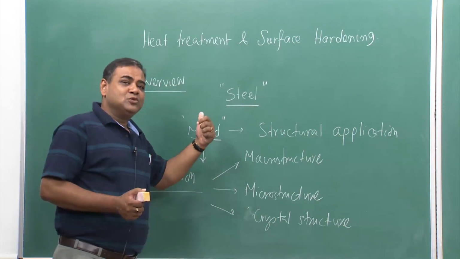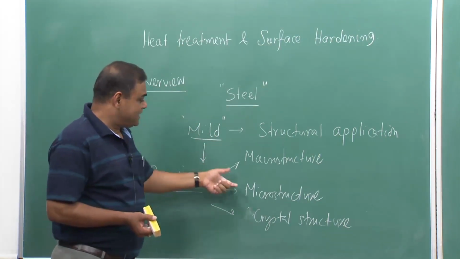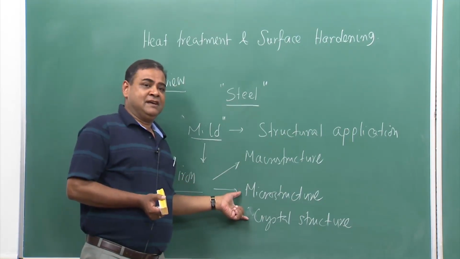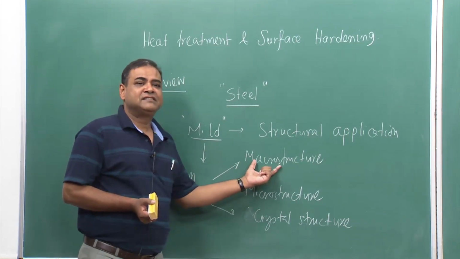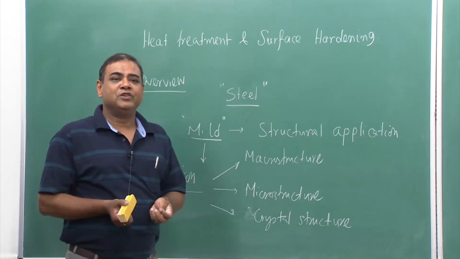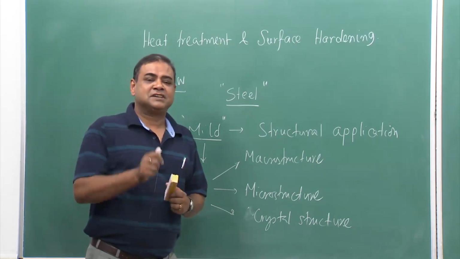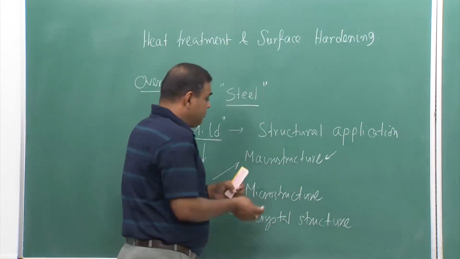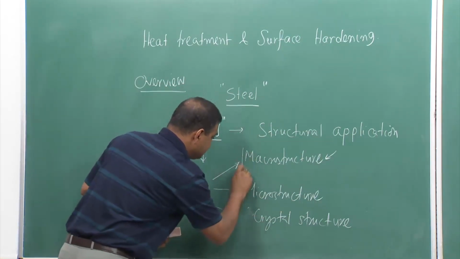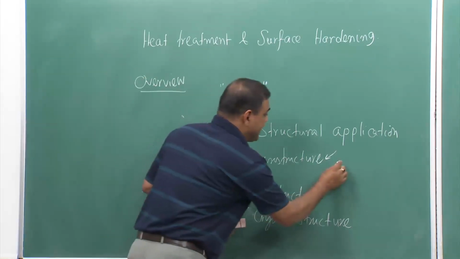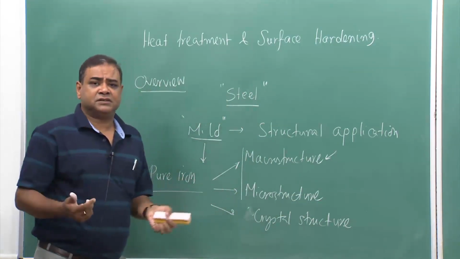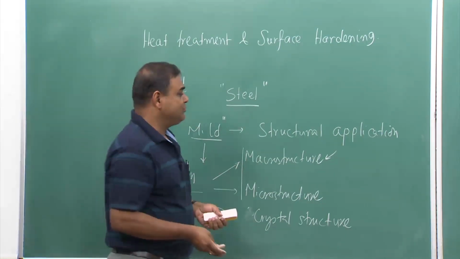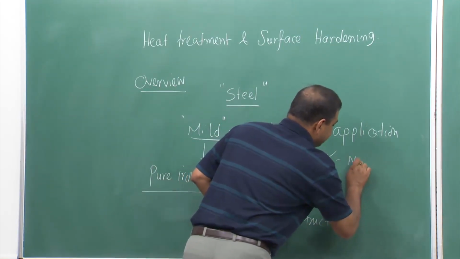We are not going into that, because we would be only concentrating on these particular structures. The macro structure sometimes would be very important when we talk about surface preparation. Macro structure is a structure which can be seen with the naked eye,